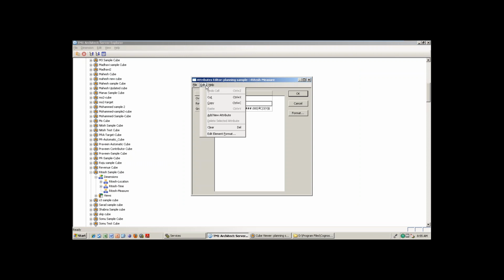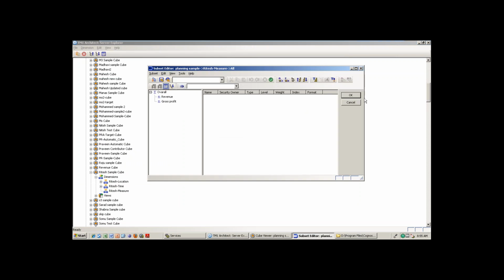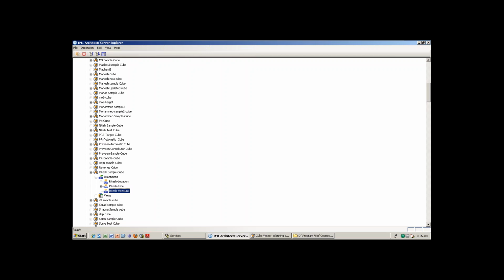Go here, edit. Here, these are all numeric values. I want to add a string measure to the particular cube. I want to add one more extra element. Here you are able to see revenue and gross profit, right? I want to add one extra column, comment. How can I add it? First of all, tell me. I already told you, if you want to add an element, what do I need to do? One extra measure I want to add, but that is a string measure, not a numeric measure. How can I add an element?